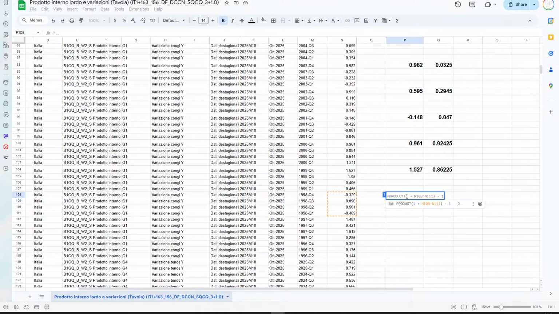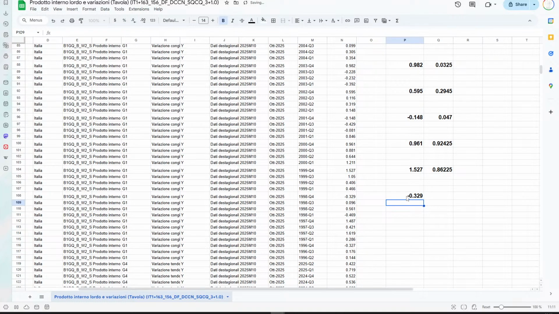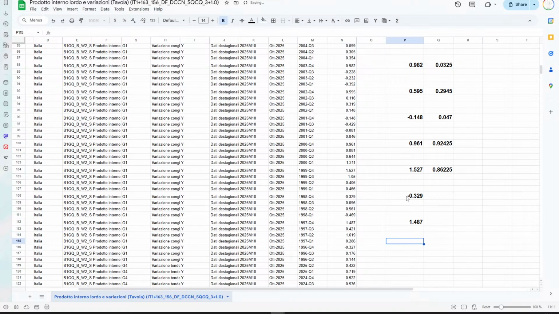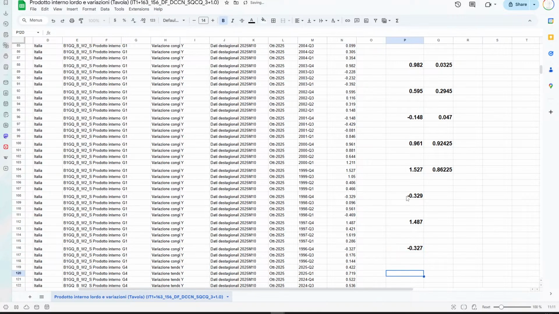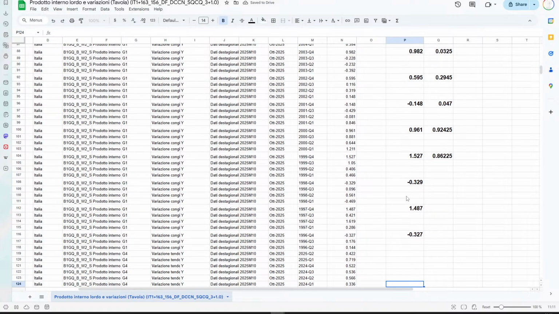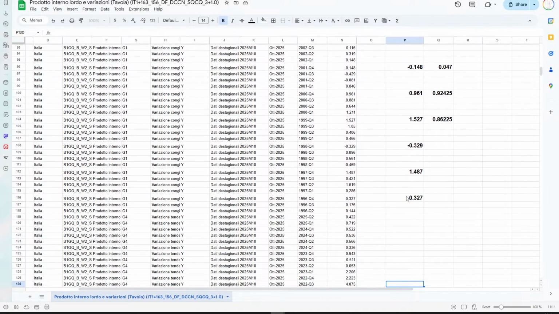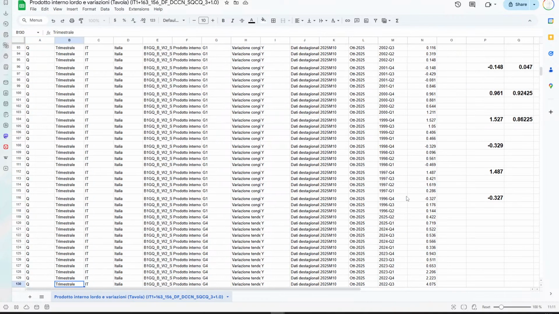We can go back in time. 1998 was a recession, 1997 was okay, 1996 was a recession, and we don't have any other. Okay, here we have GDP as